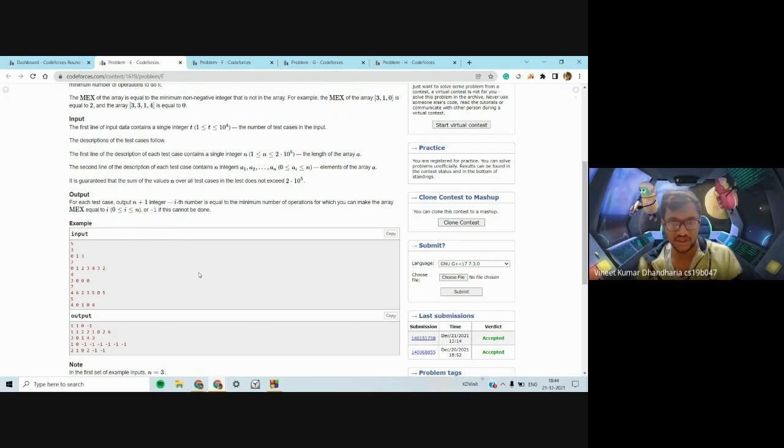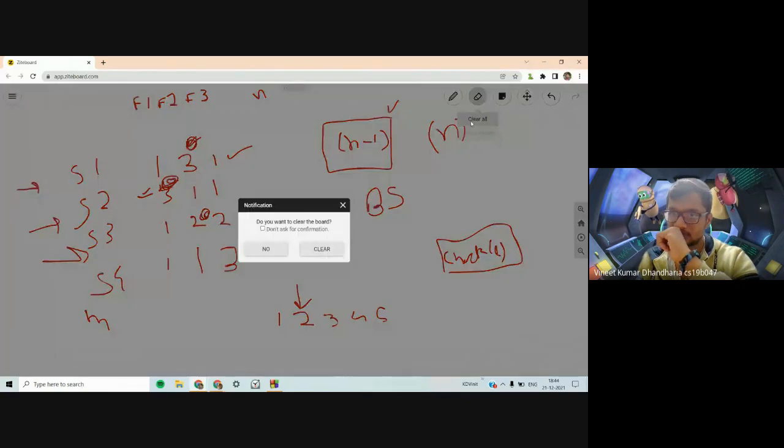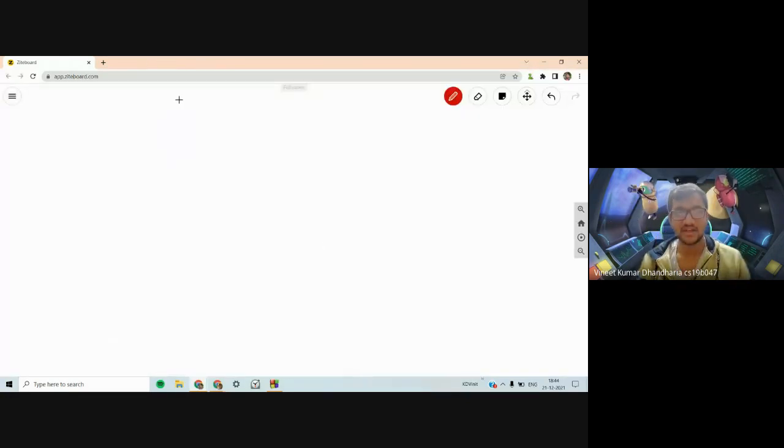Let's see in general. Suppose you want the MEX of your array to be i. Then you must ensure there is at least one element from 0 to i minus 1.